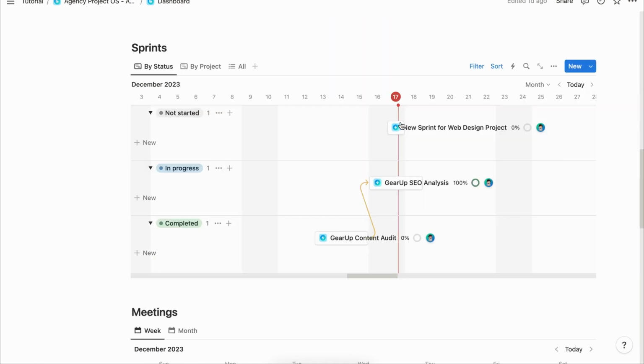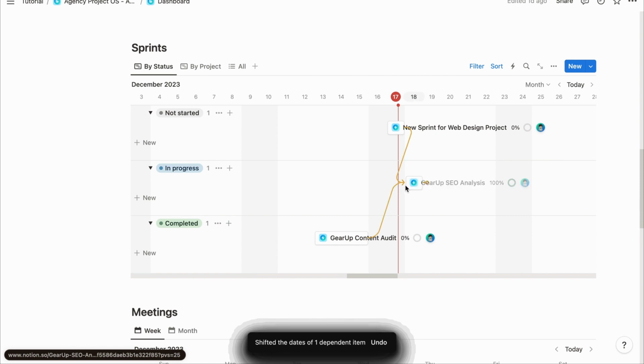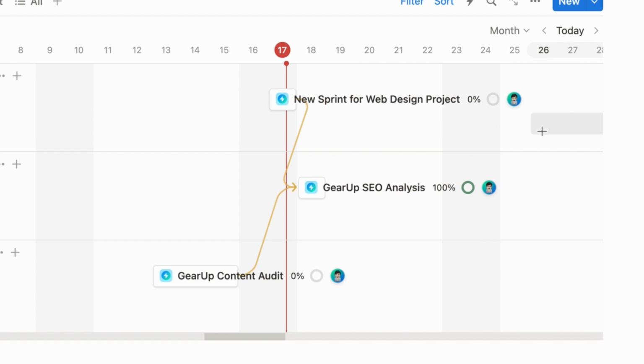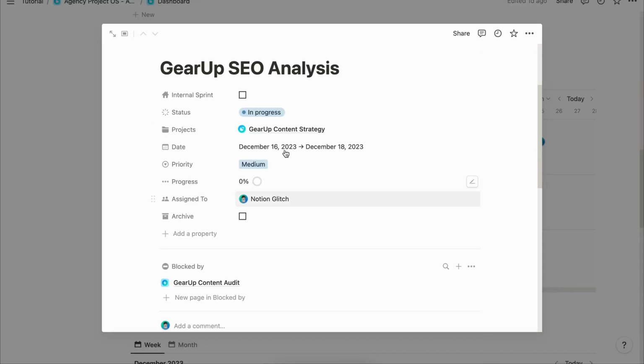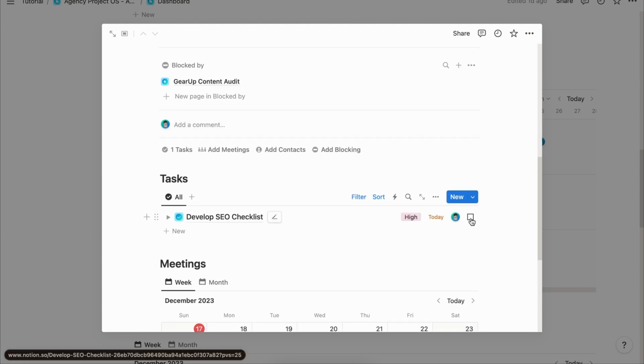Next, sprints. Here you can view all external sprints grouped by status and projects. Or you can also view all sprints at once by clicking the third tab, All. You can see some sprints are related to others. This function is called dependencies. With this function, you can clearly view the relation between each sprint, sprints that are blocking or being blocked by another one. Click into each sprint page, and we can view all details about the sprint as well as related tasks and